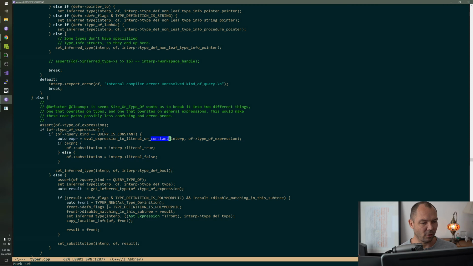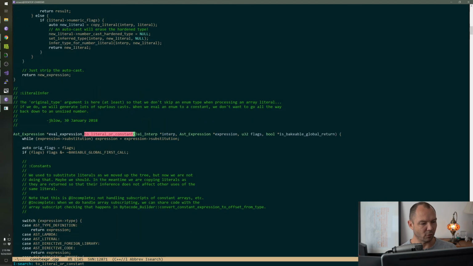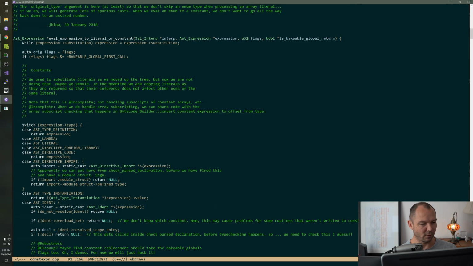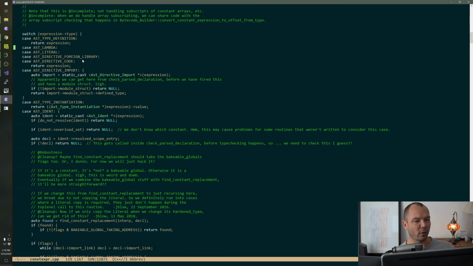So then this thing, what is that? That's a little messier. And there's a few different functions that do similar things, but whatever. So basically, let's ignore the bakeable global thing. I don't even remember what that is right now. Anyway, you call this and it's like, okay, what are the things?